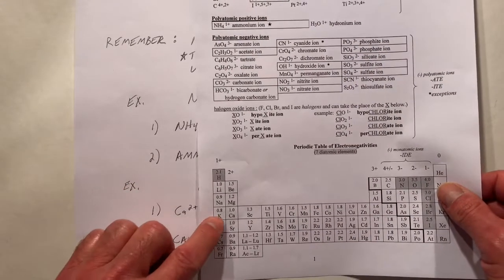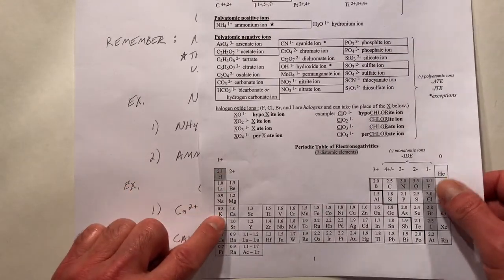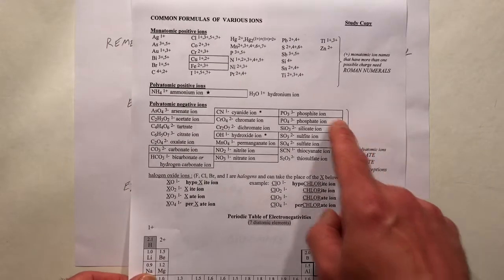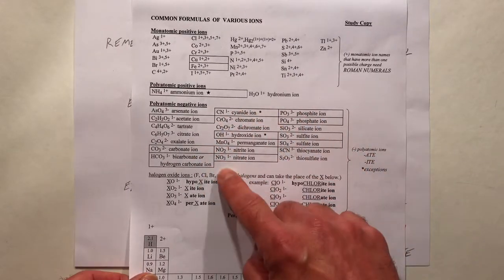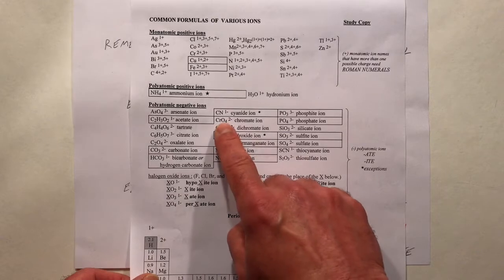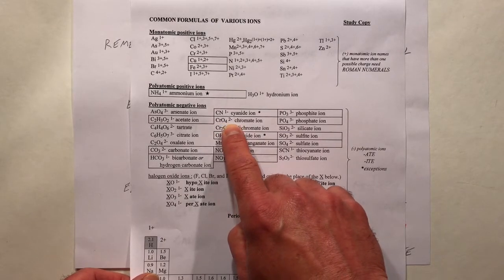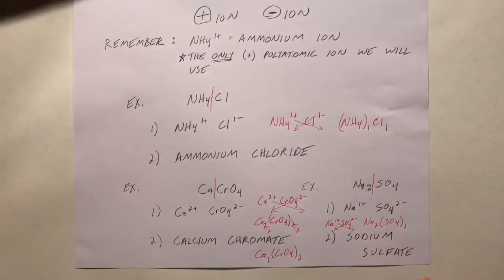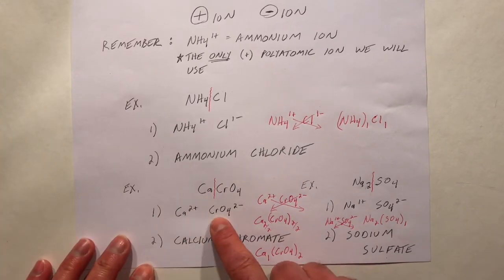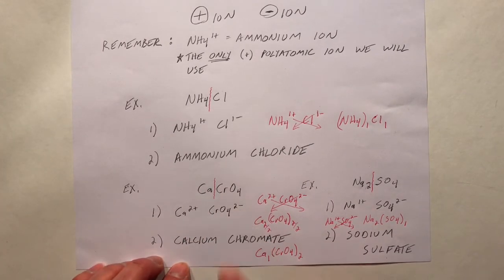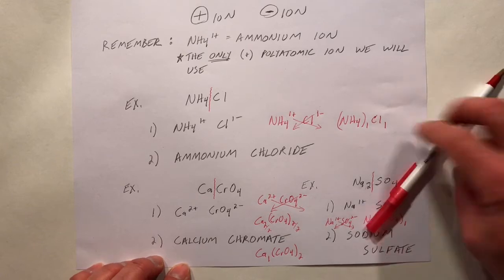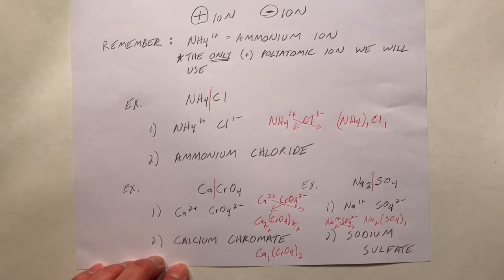Ca is right here, it's in the 2+ column. And CrO4, well, that's got to be a negative polyatomic ion. We can find it in here. In fact, we can see it's right there, CrO4. It's got a 2- charge. So here we see Ca2+ and CrO4 2- are the ions. When we crisscross that, we can see that we have